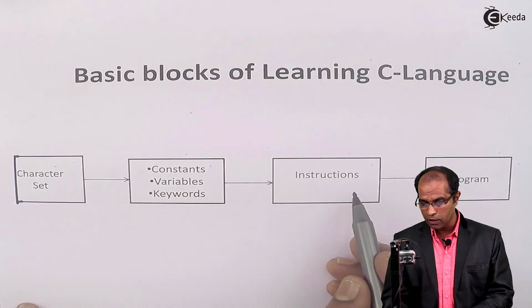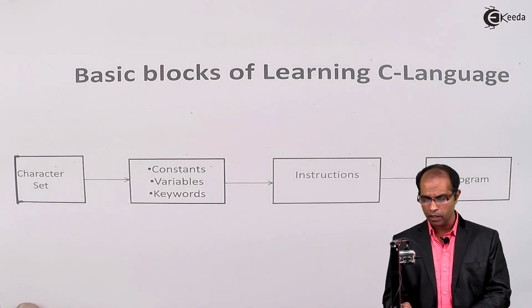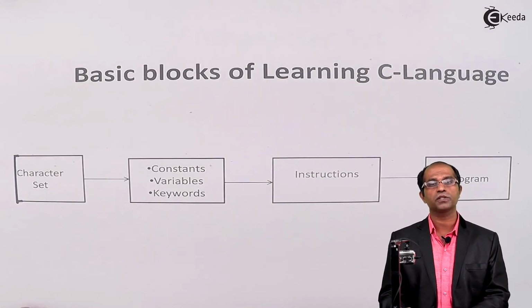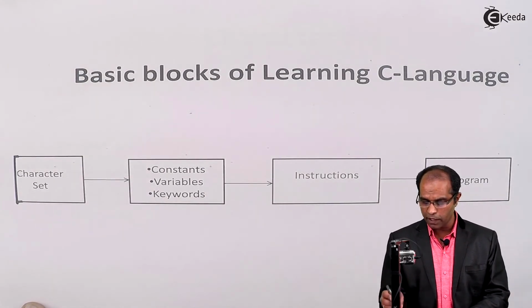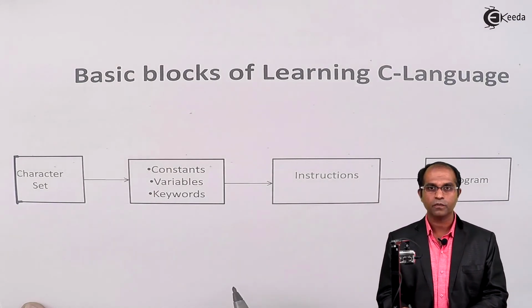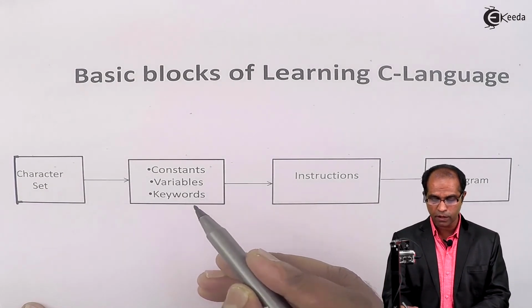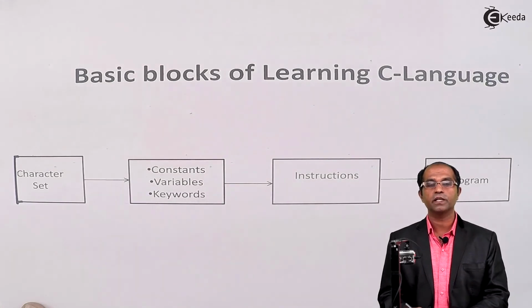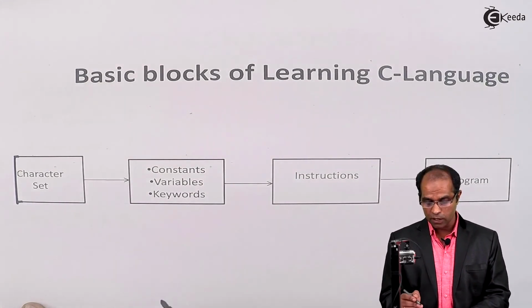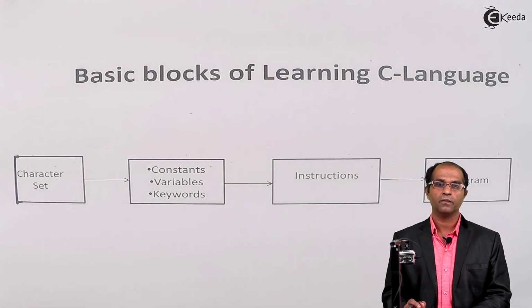Today, we are going to learn this grammar of combining each of these blocks. Grammar is a generalized word used for the English language learning process. Now, in the C language, we will be writing the syntax of writing instructions into a program, the syntax of writing instructions using constants, variables, and keywords, and the syntax of using the character set in these constants, variables, and keywords. Basically, syntax can be compared to grammar.